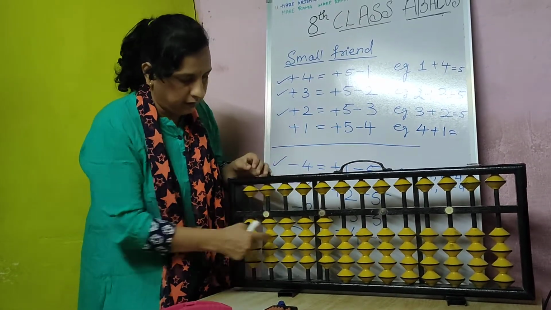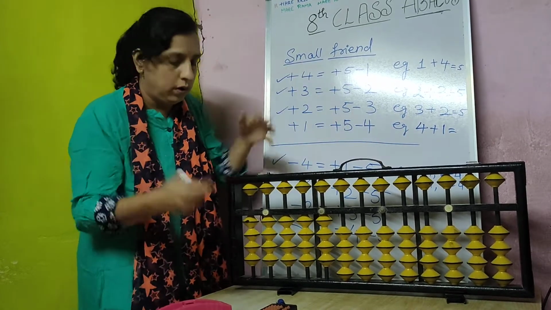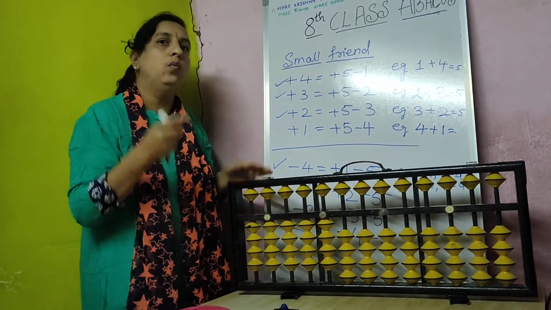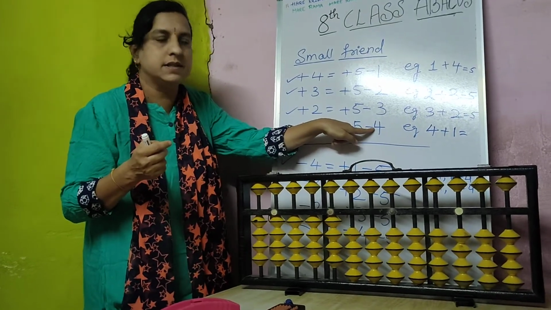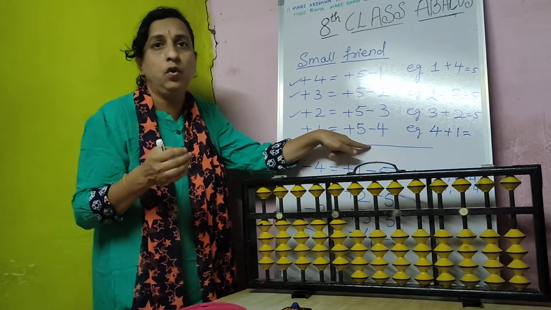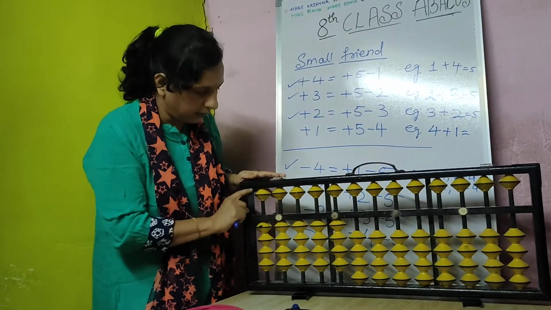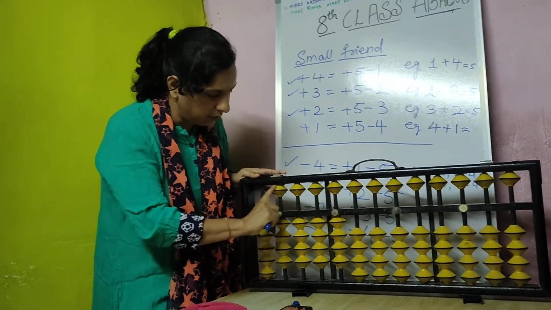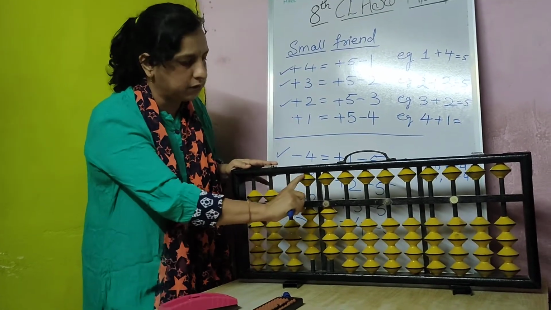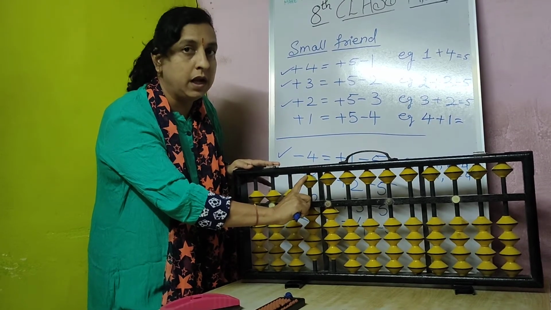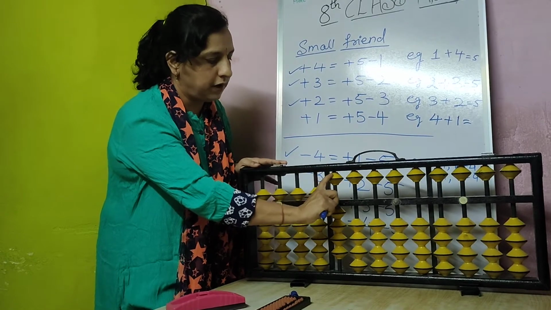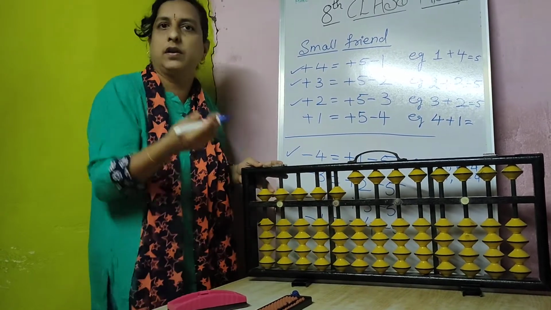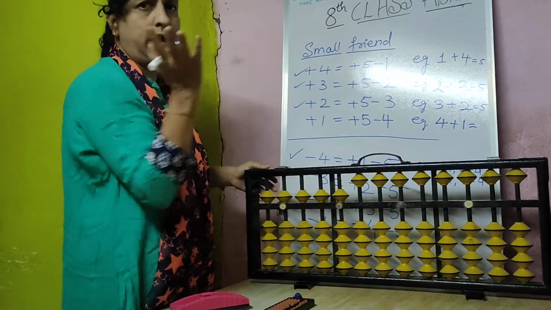4 I have done here, but one more 1 I cannot do. So if I cannot do it, what should I do? You should remember 1's friend. 1's friend is 4 here, and these friends we have to do all with minus. So plus 5 minus 1. Plus 5 minus 1 means what I am doing here? Plus 1 I am doing actually. Because directly I cannot do, I have to use the formula and do it.